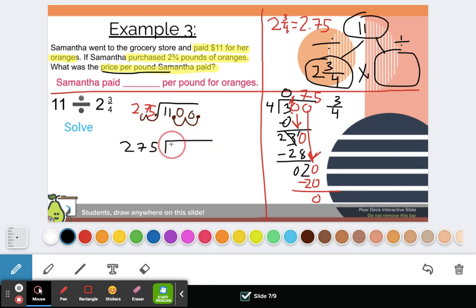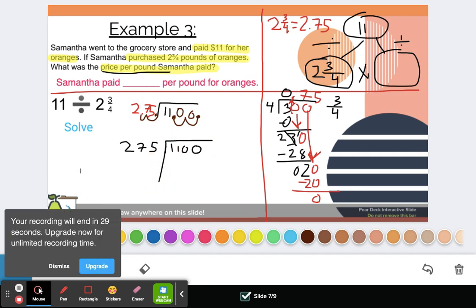divided by 1,100. Okay, so here we're going to kind of have to guesstimate. So you guys are going to try, I don't know, 275 times my 4. We're going to try 4 this time. I want you guys to multiply. If it goes into here, then remember to write our decimal right here. So 275 cannot go into these 3 numbers because it's smaller than that. So we have to check this place value right here. When you're done,